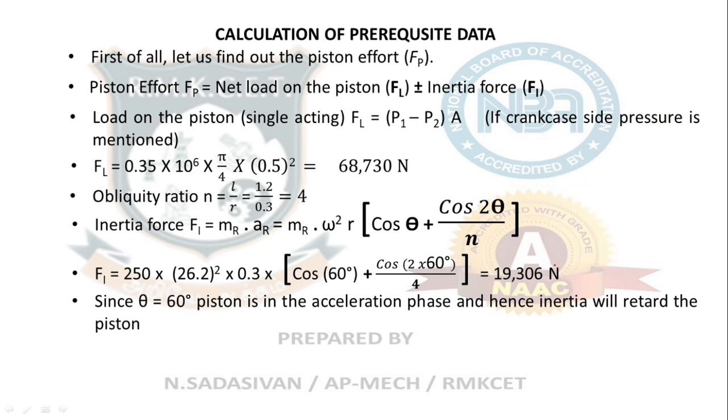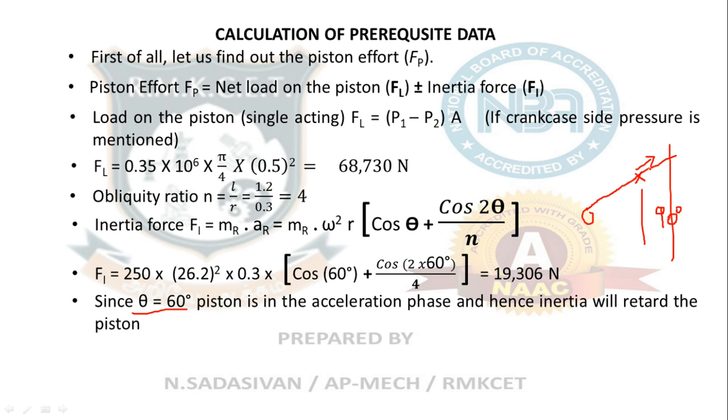Okay, so therefore now you come here and look at your theta value 60, which is between 0 and 90. Therefore my piston is accelerating somewhere here. So it is going towards a maximum. Maximum is at 90. So my value is for 60. It keeps increasing. The value of piston velocity keeps increasing.